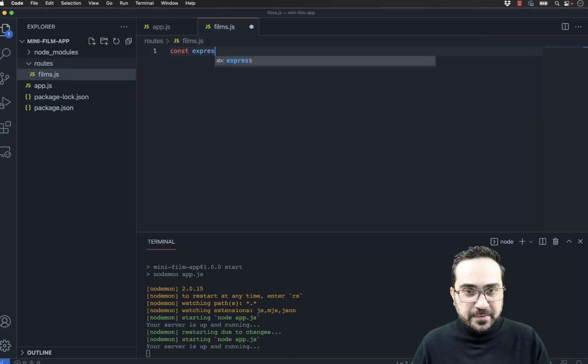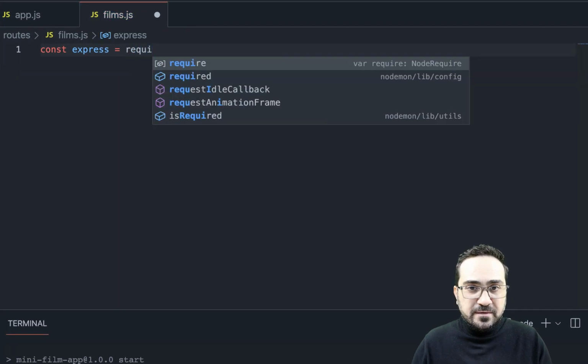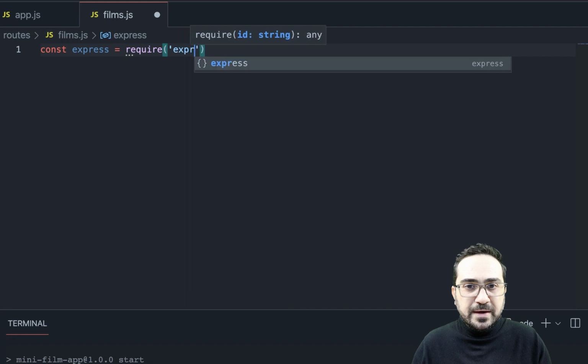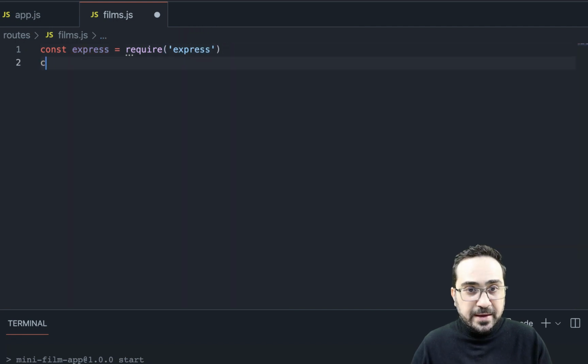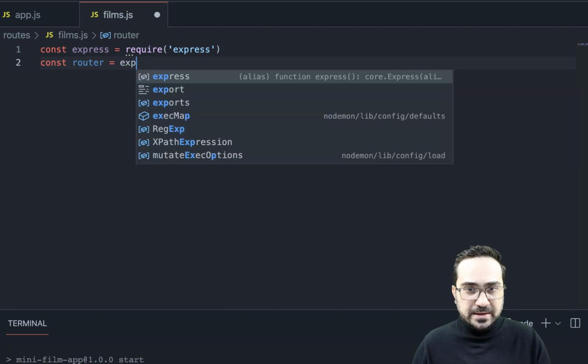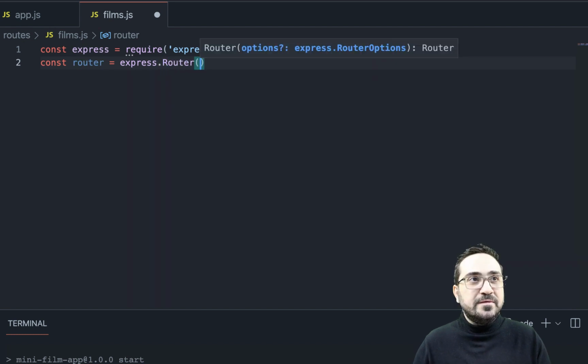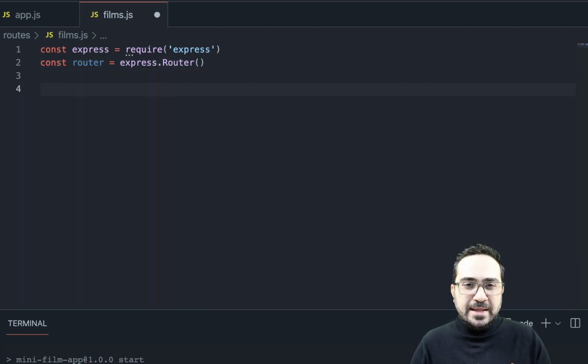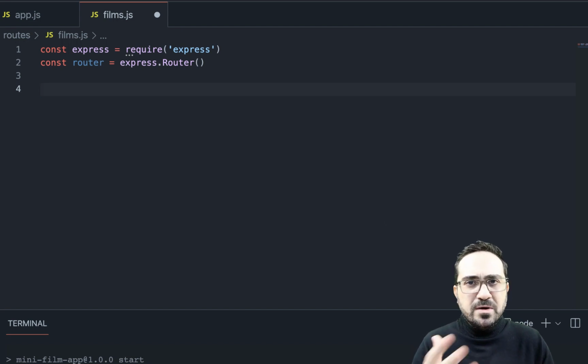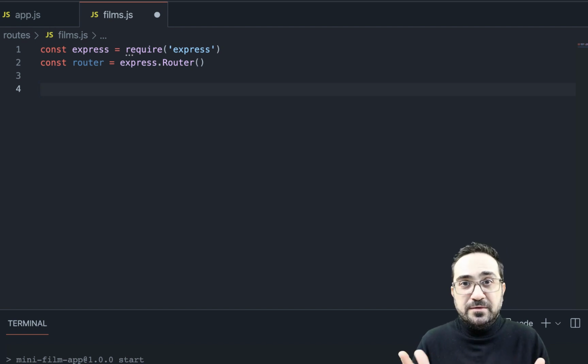So again, one more time, let's import the Express package. We did that in the previous class as well. Let's create our router, and it should be something like express.Router. This is the router. I just created this one. Let me create my path, link it to the app.js, just show a message now, and then we'll see how we can connect to the database and all these things. Although we don't have a database yet, let's see how we'll do it. All right, so let's create something very simple.